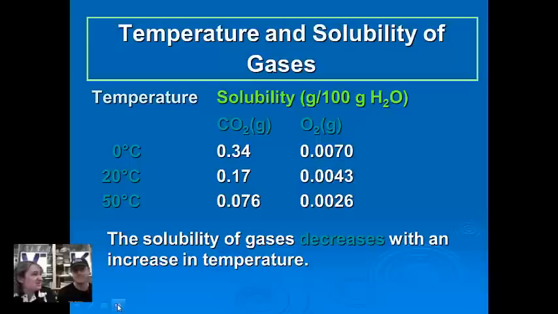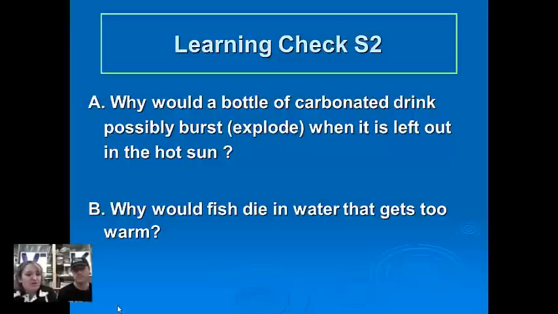Now, gas is a little bit different. As I heat up a gas, its solubility decreases. So the hotter a gas is, the less it will mix with other things. They expand and they won't absorb. All right, so we got two questions here, one about a gas and one about a liquid,